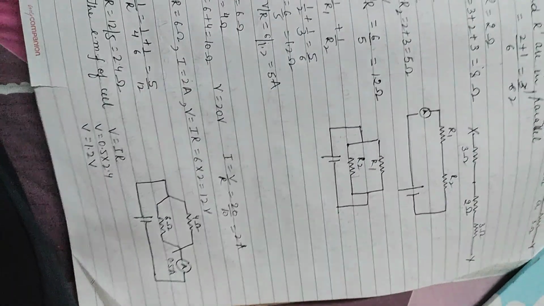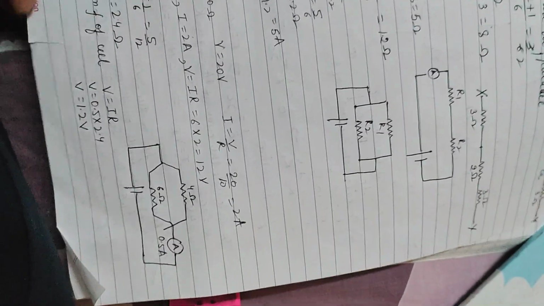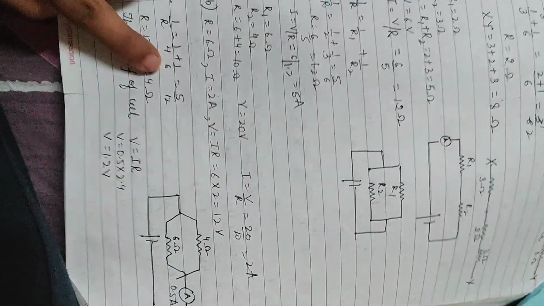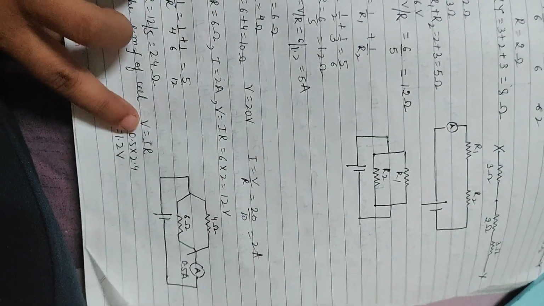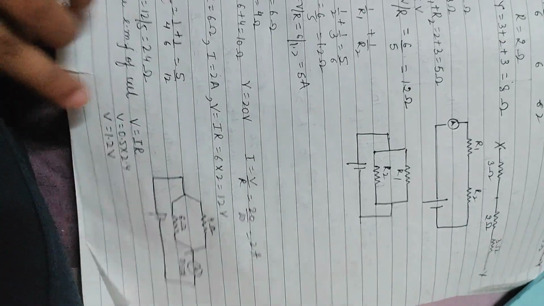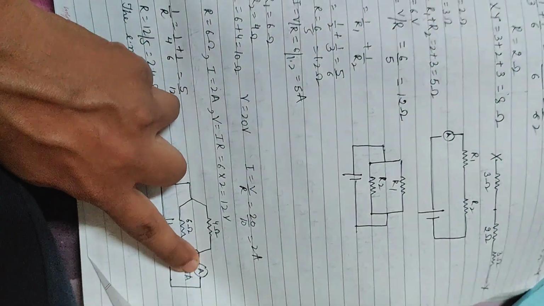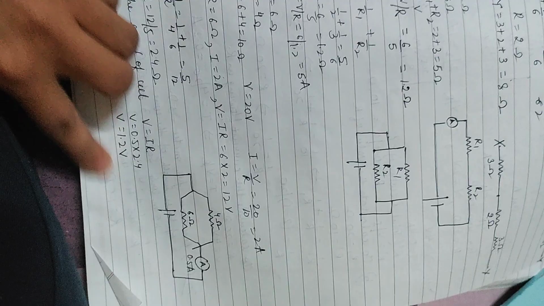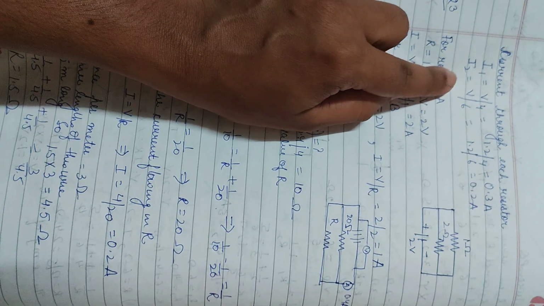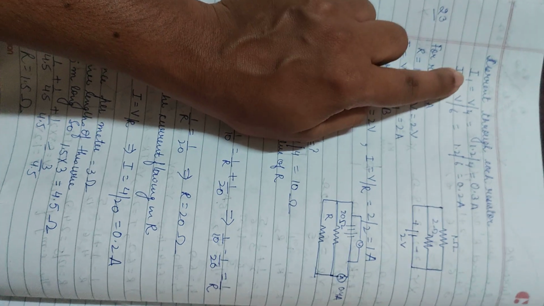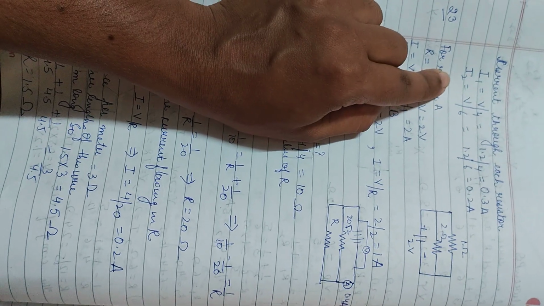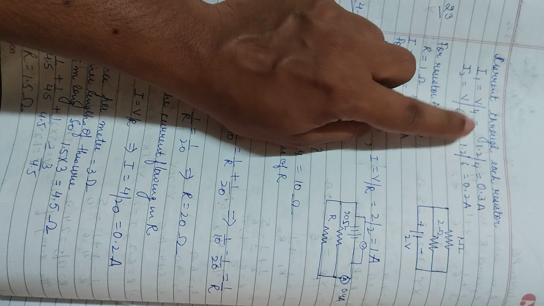So 4 ohm and 6 ohm, we have to calculate the current in each resistor. Okay beta, as they are in parallel, we get the value of the resistance and we get the value of voltage by using this total current. Voltage will not vary in a parallel circuit, so we simply use the formula V is equal to IR. We calculate the value of I1 and I2 for both the resistances, 4 ohm and 6 ohm.